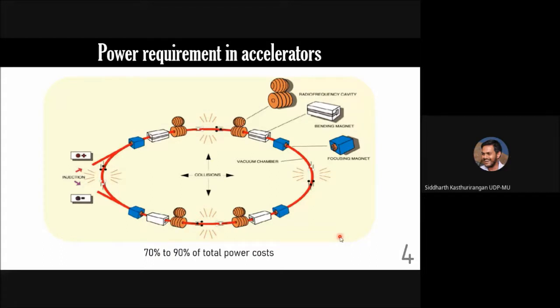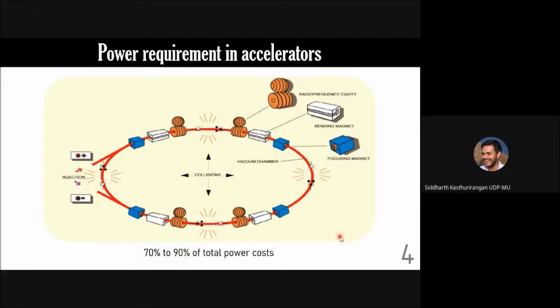accelerator. So out of the total power consumed by the accelerator, actually maximum goes in the bending magnets, and then also a significant amount in the focusing magnets, as well as the RF cavities which are going to accelerate the beam. So all of these power requirements have to be taken into account. Power capacity of the power supply unit or power supply grid which you are going to use should be sufficient. All these parameters are there, and all these obviously have to be taken into account at the design phase when you are calculating the power requirement.